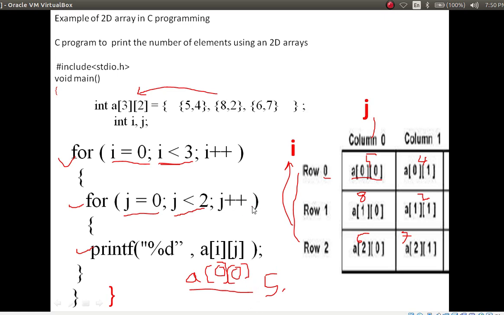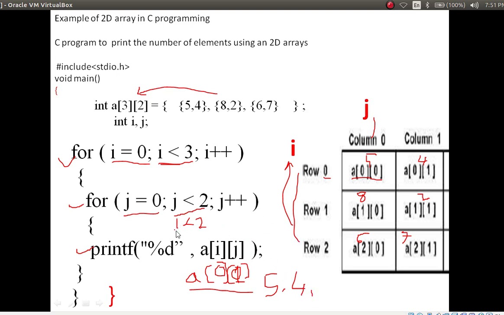Next, j increments. The j value was 0, now the j value is 1. Apply the condition: 1 less than 2, is it true? Yes, it is true. Then execute this. So now put the j value here: a of 0 comma 1. What is a of 0 comma 1? 4. 4 is going to print. Then j increments.